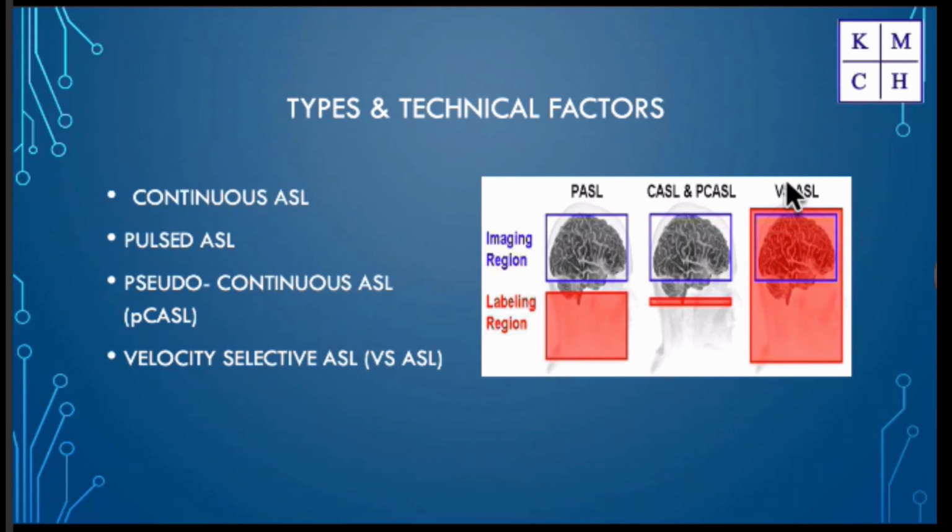We also have a new technique, relatively new and not so much in utilization, something called a velocity selective ASL. So we can encode specific vessels using a velocity threshold. So for example, I give a threshold of 20 centimeter per second. We can only tag those protons in the vessels that go faster than this. So we can look at the individual vessel contribution to various disease pathologies. Like for example in AVM, if there are two vessels supplying the AVM nidus, we can look at the selective contribution of each vessel by encoding it separately.